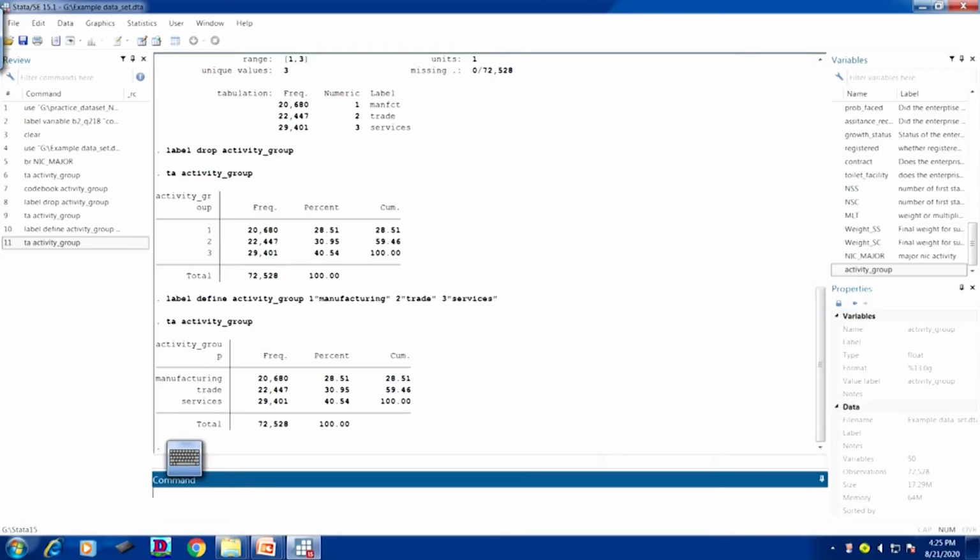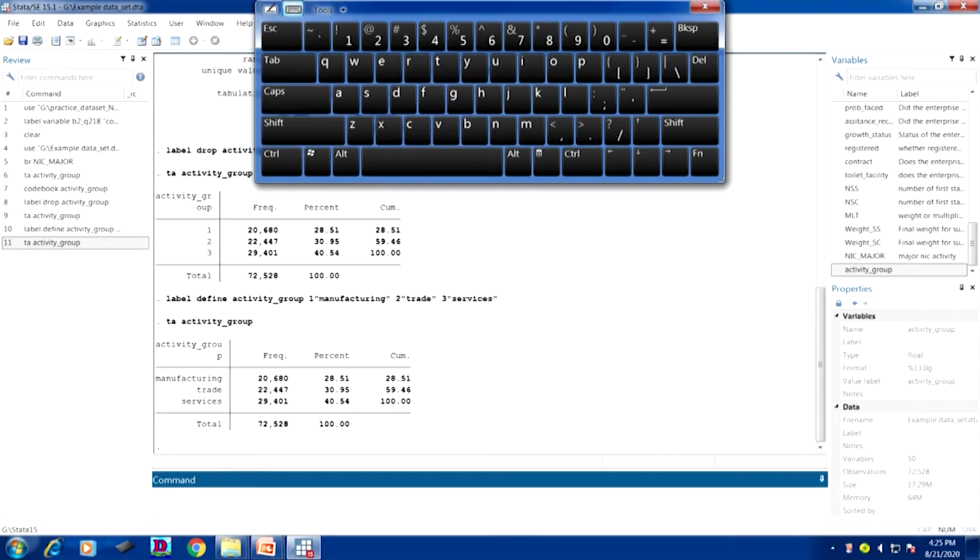Okay. Now, the way we did label define for a particular variable we just defined, activity group, isn't it. So, what I do here is label values, which is important. Since I have defined the label, the second step is to apply it, so label values is also equally important.